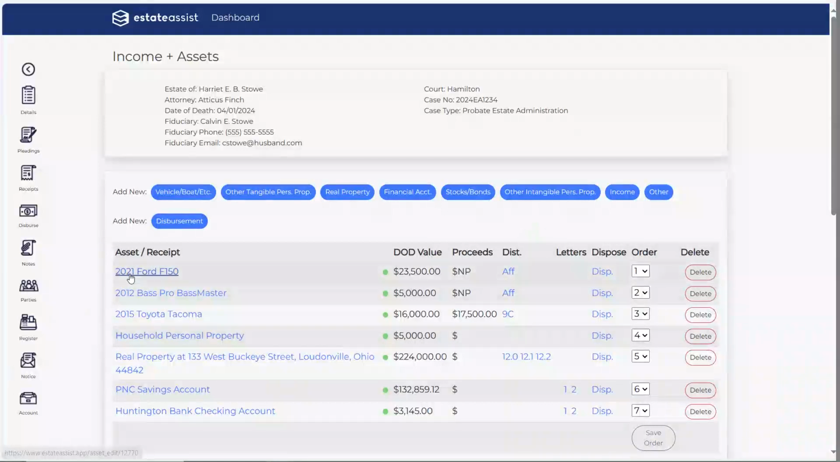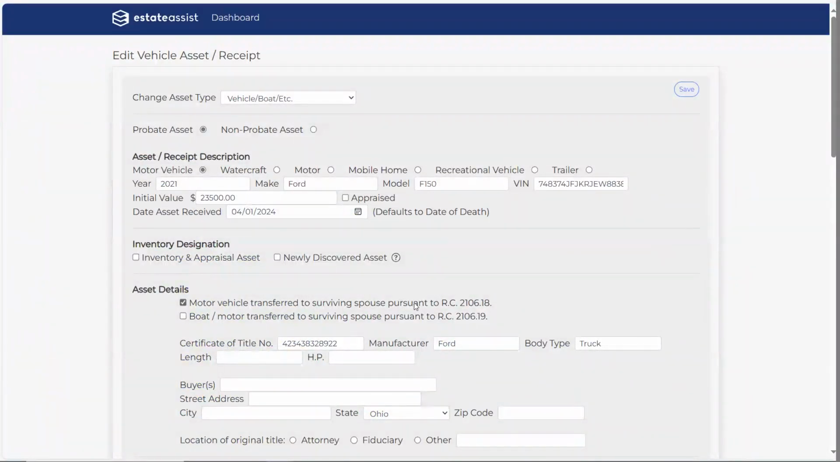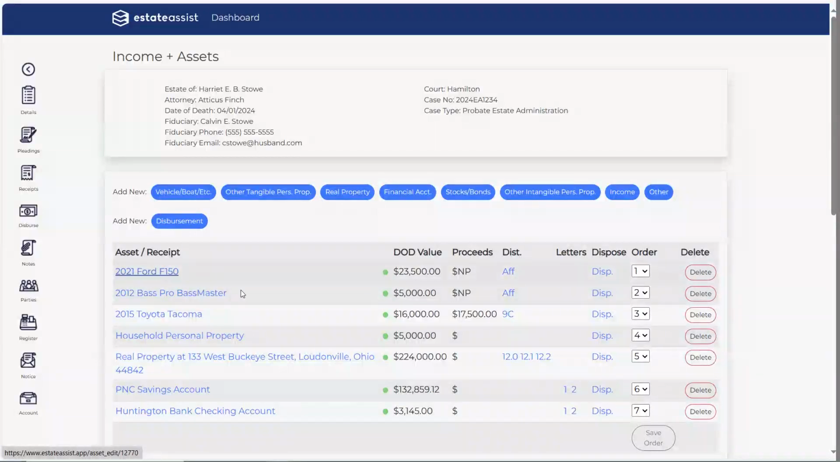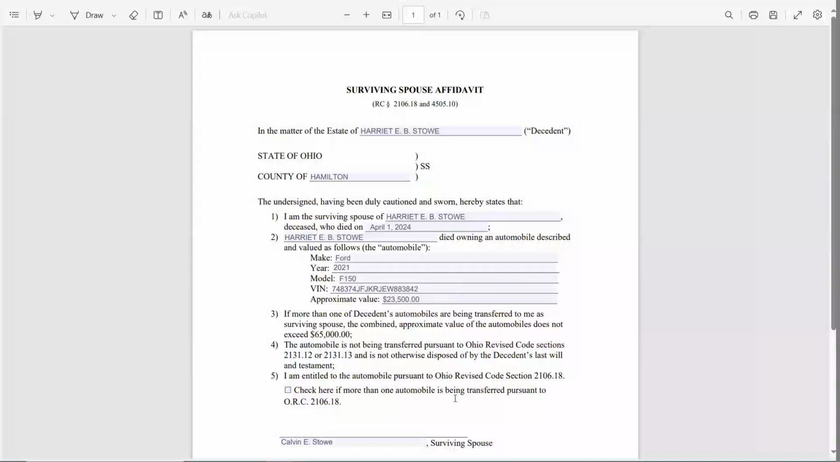Receipt-specific. The first two things we have here are a vehicle and a boat, which we mark to go to the spouse by statutory right. Okay, both of those are marked that way. Here's the boat that's checked. Since we know that about these specific vehicles, we have created affidavits for them. Over here under this distribution section, we click affidavit, and there's your affidavit for the vehicle that's going to the spouse. It just pulls it automatically from the data that you entered into that receipt, and it fills out the